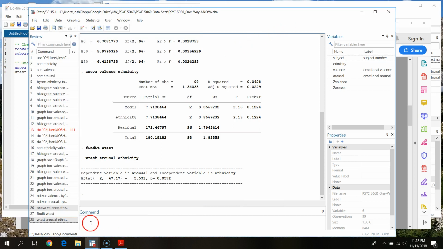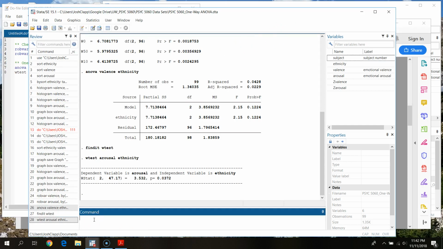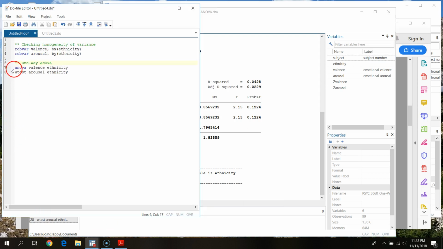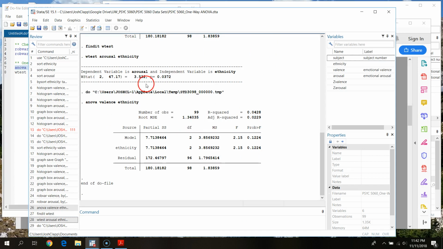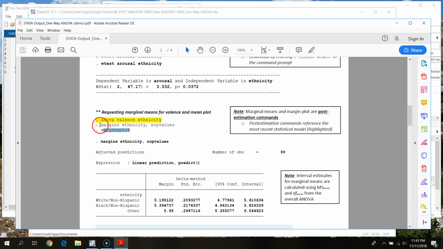Okay, but let's say we want to look at our marginal means for our valence. So we didn't get a statistically significant test, but let's say we want to go through and do that. So we're going to go through and rerun our ANOVA for valence. Okay, so this has gone through and it's run this, but then what we can do is we can run our